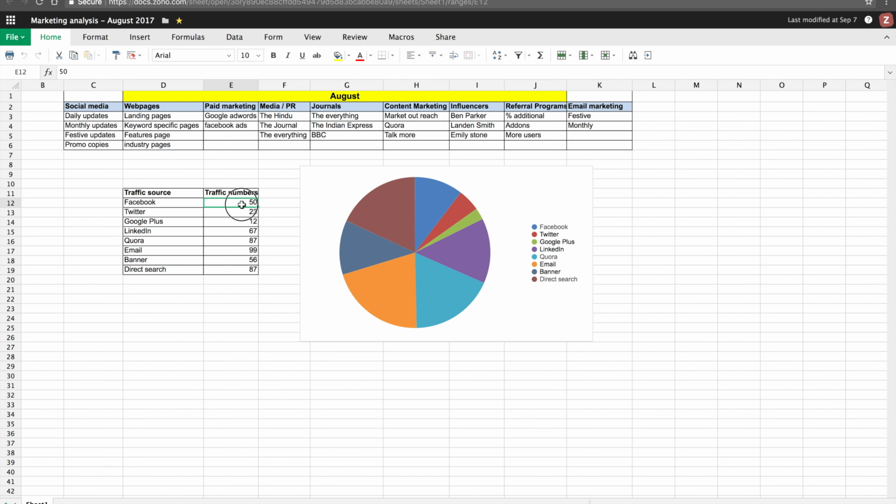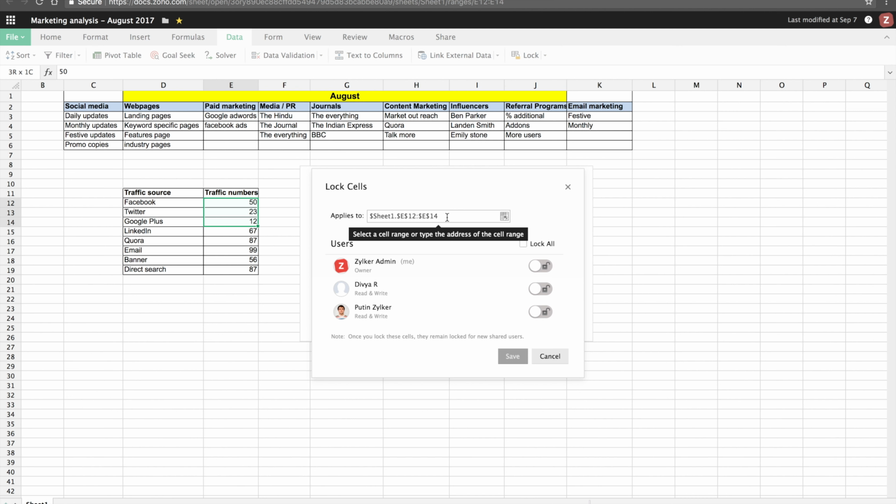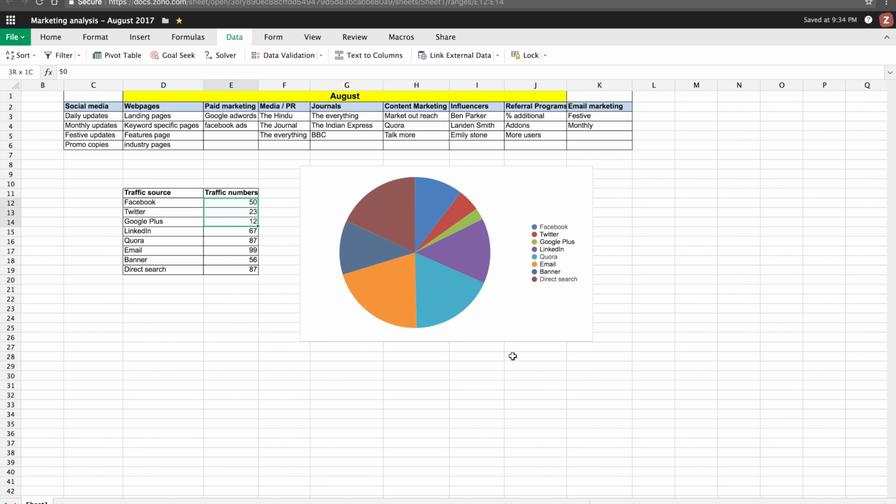So what we do is we select a range that you do not want to be altered, and click on the data option that's over here and click on lock. So once you do this, the range of cells automatically appears over here. You can lock it for specific users. You can just click on the lock all option if you want to lock it for everyone, or if you want to lock it for a particular user, you can just lock it for them and click on the save option that's here.